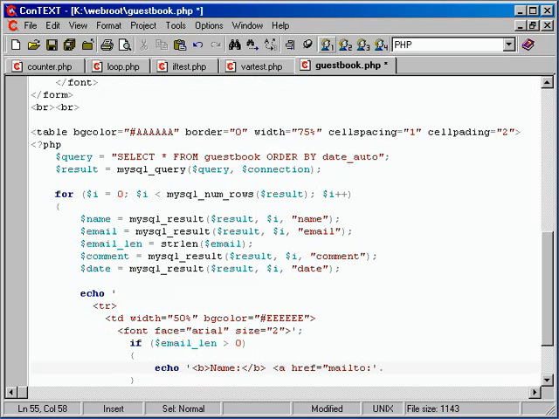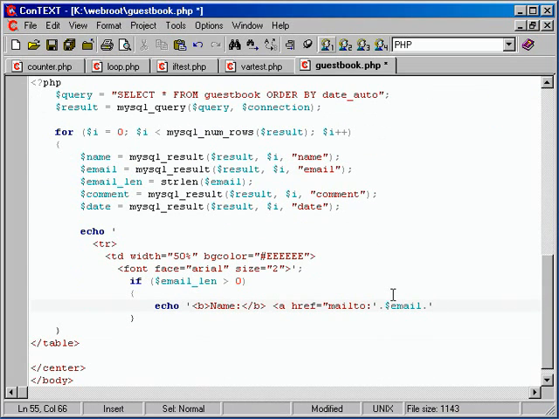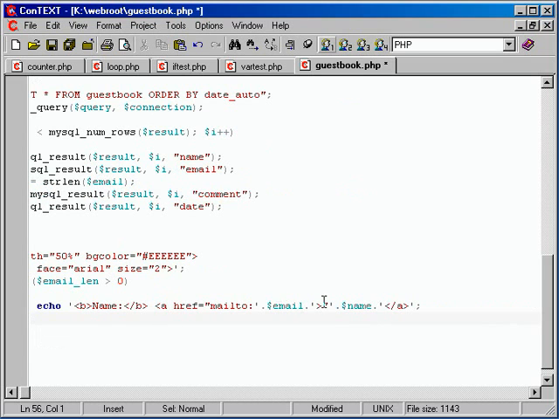So now at this point, we're outside of this section, adding on $email, and then concatenating back into more of the string. So mailto the email, and then again jumping back out, adding $ and the person's name, concatenate again, go back in, and end the A tag, and end that echo as well. So we echo out name and then actually create a link to their email and then write out their name